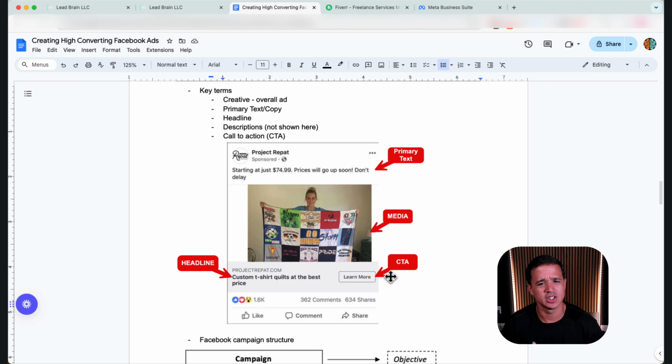Let's say, hey, what if I change the picture? How does this ad perform? What happens to my cost per lead? What happens to my click-through rate, right? What if I change the call to action from learn more to get offer? Am I getting more clicks on that? Stuff like that. You can run those tests. I recommend changing one thing at a time when you're running a test. And your budget will determine how long you let that test run before you determine a winner, and then you just go with that and implement it in your campaign.